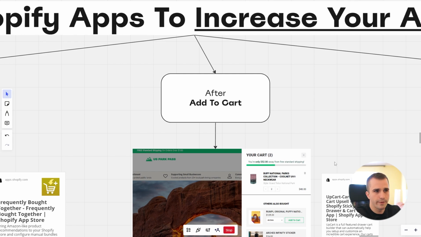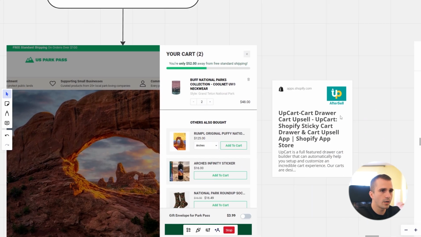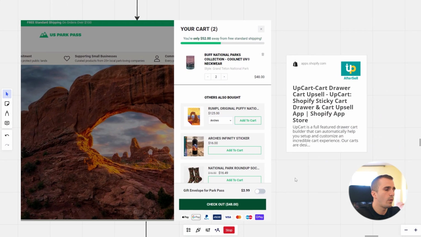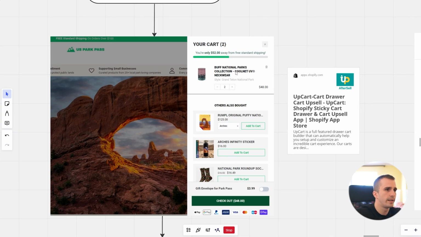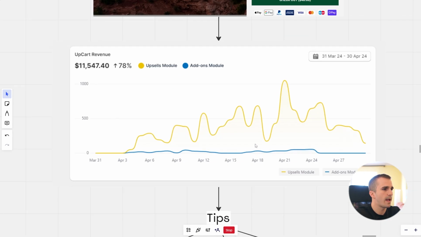This is one of my favorite ones, and it's the cart drawer app. It's called Upcart Cart Drawer by Aftersell, and what this app does is that it completely redesigns your cart drawer to optimize it for the average order value. This is the example of how we have optimized it for one of our clients' store. And this app, in the time span of almost 30 days, has generated just above 11 grand, which is pretty nice. And let me show you some tips that you can do to optimize your cart drawer with this app